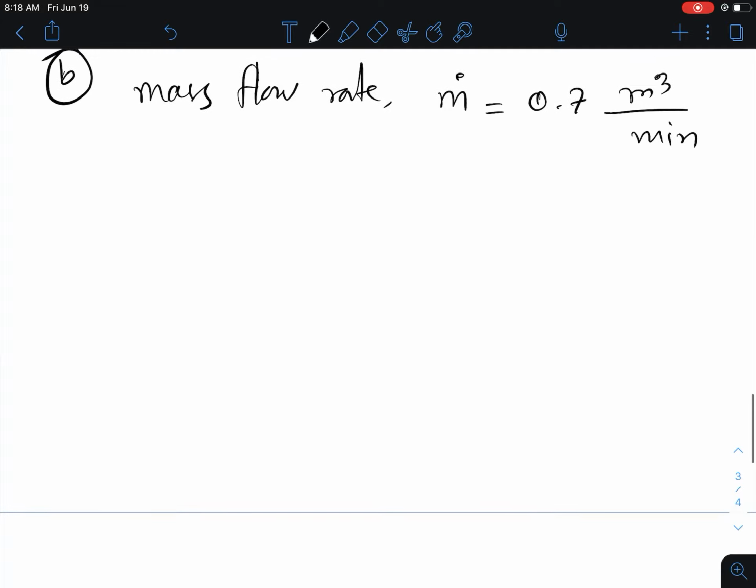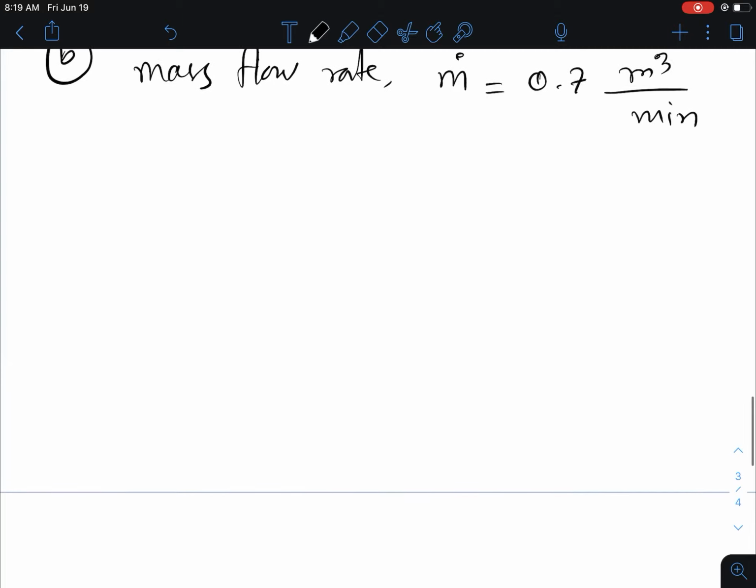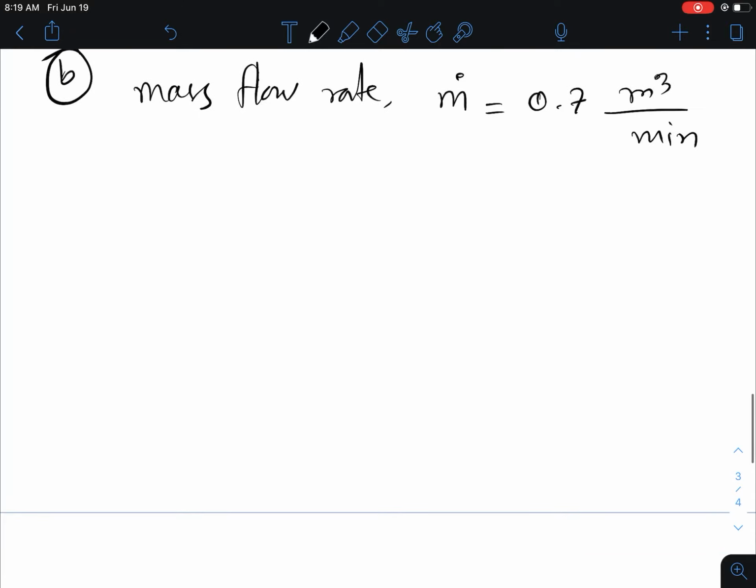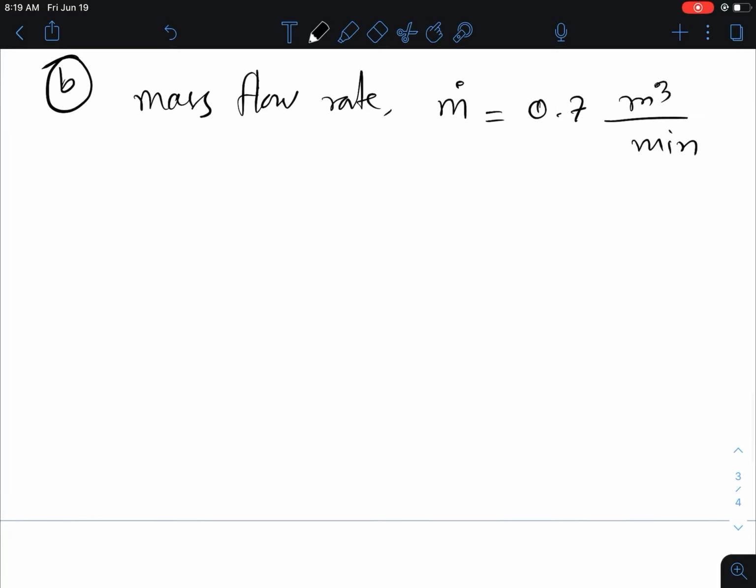If we want to calculate in kilojoule per kg per second, we have to use the specific volume information. So let me write the definition of the